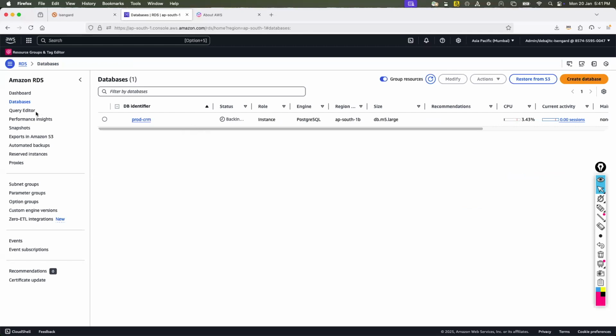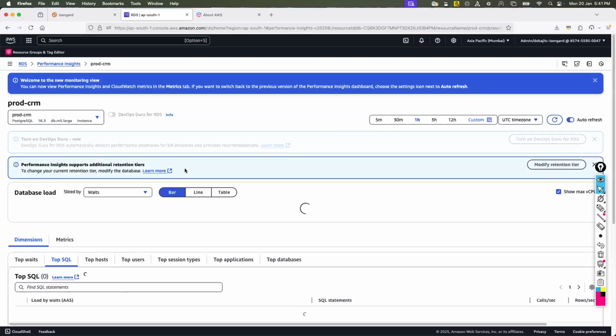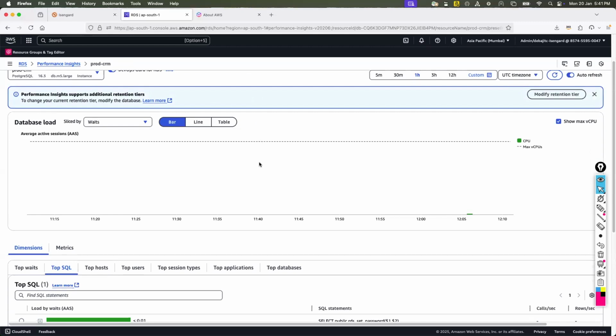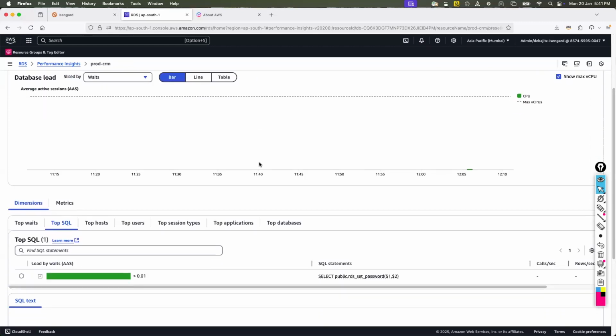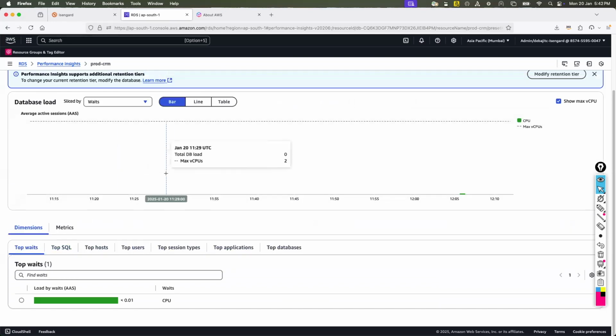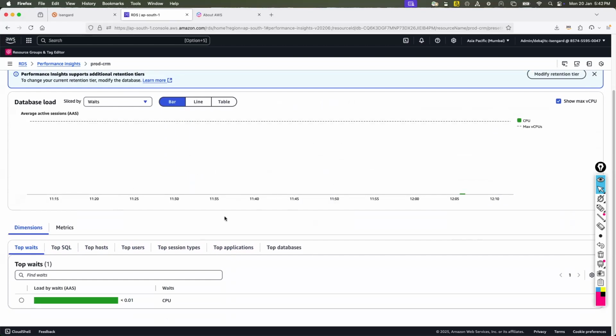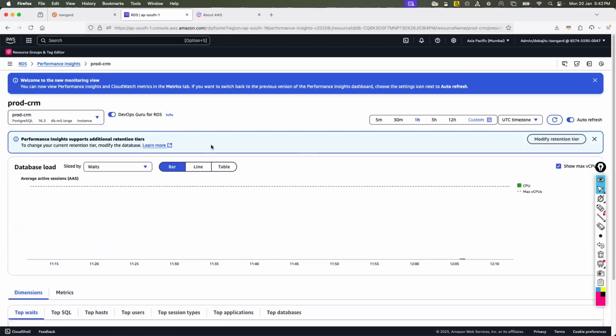Okay, so on your left hand side, you see there's an option called Performance Insight. Performance Insight is an additional tool so that you'll have a granular, in-depth view of database monitoring. What are those top SQL statements which consume your entire database performance or capacity? And what are the waits which will probably impact your database performance? So these are all DBA things.